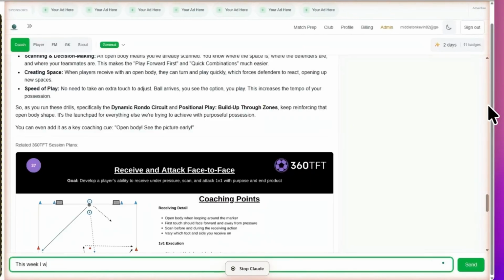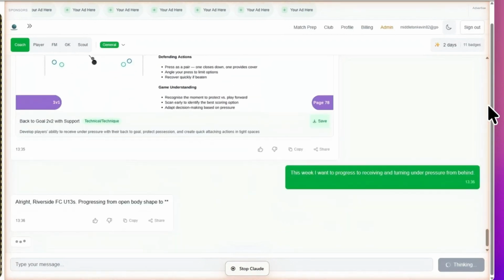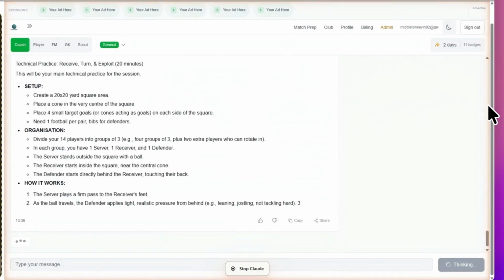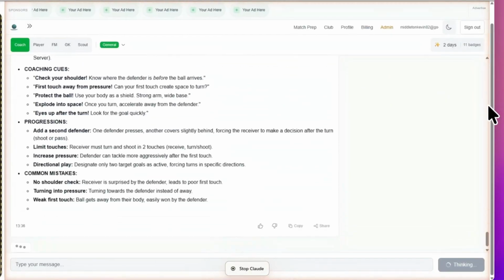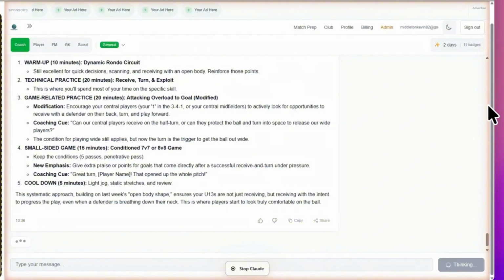The second mistake is accepting the first output. The first response is always a draft. Always refine it. If the AI engine gets it right first time, it's a miracle. You need to ask for adjustments and you need to make it specific to your situation. FootballGPT will only ever get you part of the way there using your profile. It's up to you to then get it up to 100% perfect. Claude and ChatGPT, they will make a stab at it. It will be a guess if you do not give it context. Even then, the output will need refinement.